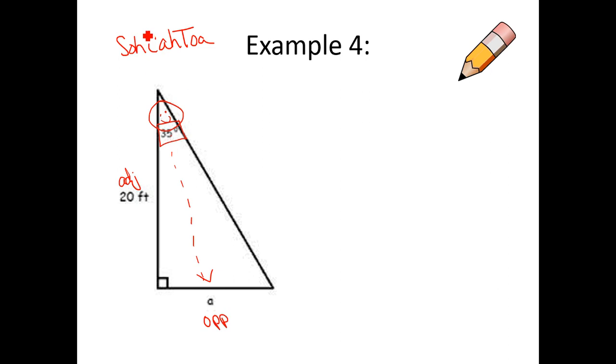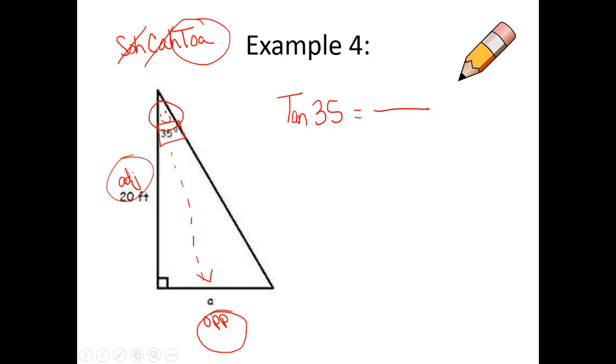I don't know anything about him, so I can't set up any of the formulas that have the word hypotenuse in it. So sine, opposite over hypotenuse, can't do that one. Cosine, adjacent over hypotenuse, can't do that one. Tangent's the one that has opposite and adjacent in it, and those are the two pieces of information I have labeled on my picture. So I'm going to set up the tangent formula. And it goes like this. The tangent of the angle you're standing at, which is 35 degrees, equals opposite, he's labeled with a little a,